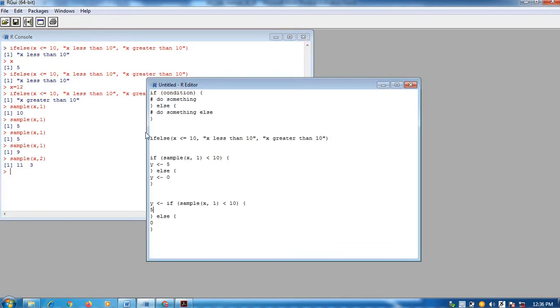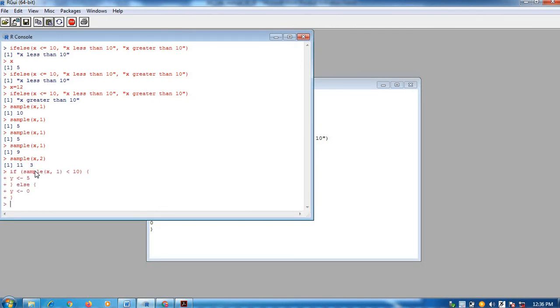So now I am copying this, Control C, Control V. You will see that there is no output. But it is executed correctly without an error. So if sample x comma 1 is less than 10, y is assigned 5, otherwise y is assigned 0.